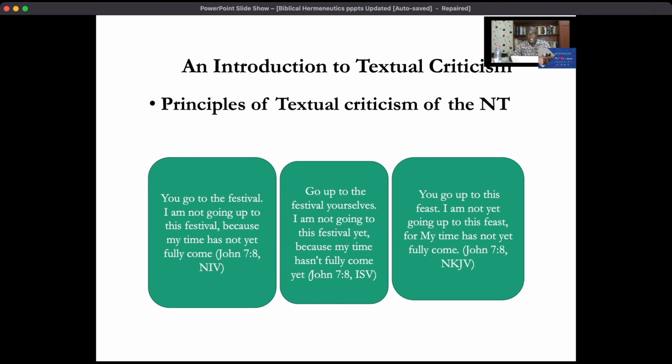Now the difference is the word yet in the second line. I am not going up to this feast. Some manuscripts have yet, and that's why ISV and NKJV have translated this verse the way they have, by adding yet. When you look at the external evidence, that's the manuscripts supporting the NIV rendering, which is in the Greek text, there's no yet there in the text, but in the apparatus, some manuscripts have yet, as I've already explained. And the manuscripts that do not have yet, that support the text we have in the text,